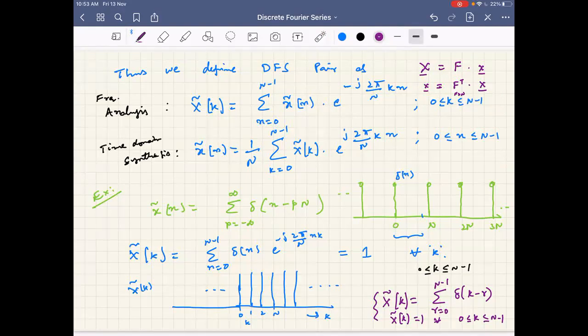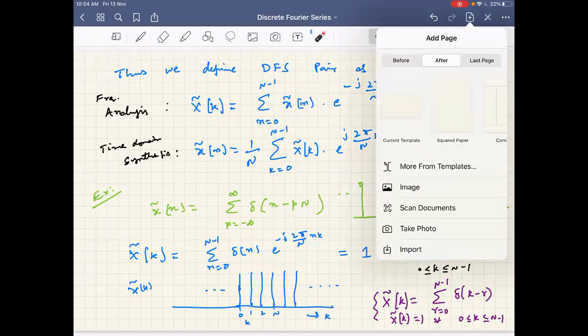X of k is periodic, that I have understood. Right. Okay, X of k is periodic, you understood, and this is also periodic, you understood. I am writing over one period. If I consider only one period, how many X of k's will be there? N, an N-length sequence, sir. And if I consider only one period, how many x of n will be there? That is also N length. Okay.